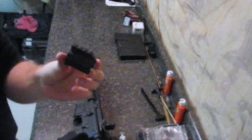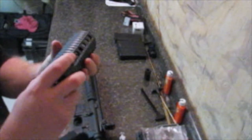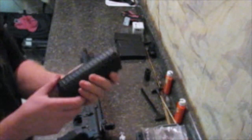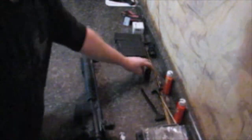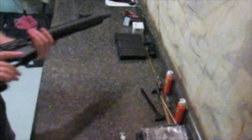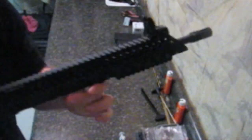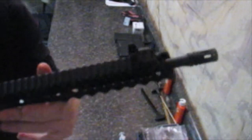It came with this gas block and this grip, and I'm not a big fan of these grips, so I took it off and I removed the gas block as well. This is the first time I've ever done any gunsmithing myself, if you want to call it that. I'm not a professional, but what I did is put a lower gas block in here, so you can see it right in here, and then I put a diamond head